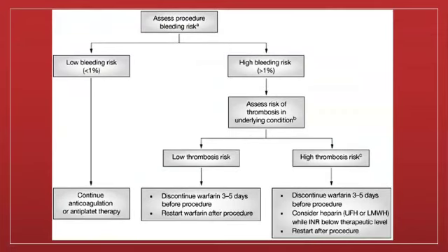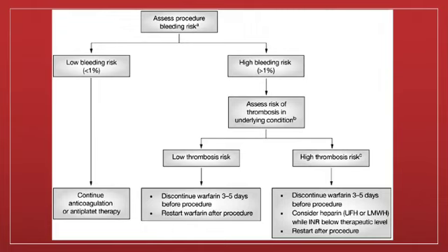Further, I have given you a flowchart view of how we can decide which line of treatment to proceed with. As you can see, on the left of this flowchart there is a low bleeding risk, that is less than 1%. Obviously, when there is low bleeding risk, you don't have to worry about discontinuing the anticoagulation therapy or the antiplatelet therapy that you are taking for thinning of your blood. So there is no need to worry when there is no bleeding risk.